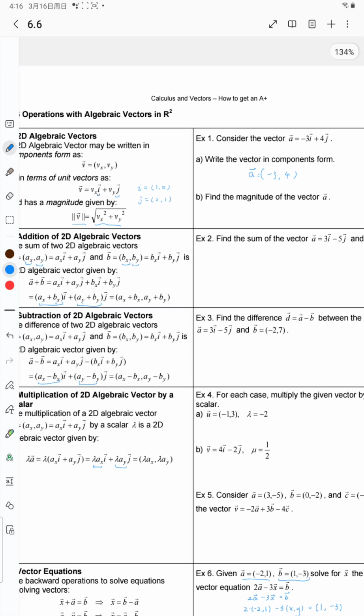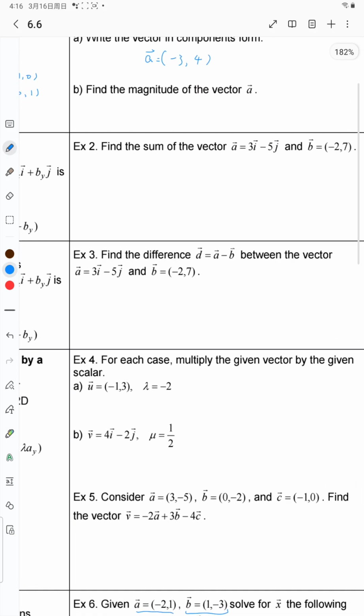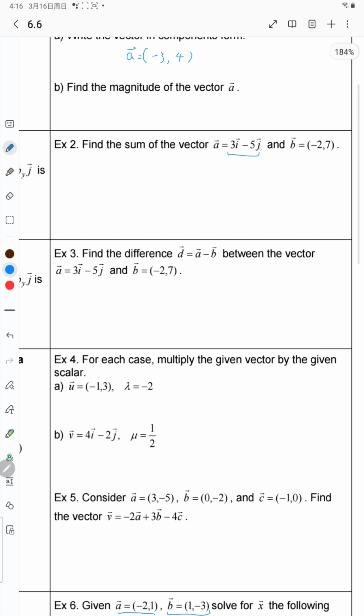And then again this is summing them up coordinate-wise, and we can write this as coordinate notation as (3, negative 5), right? So it's nothing but